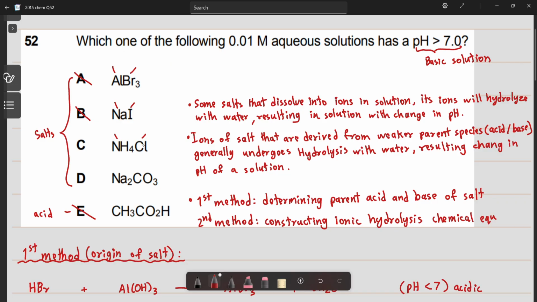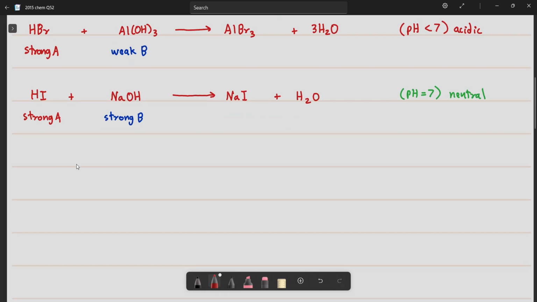But chloride here has its parent species as an acid, which is hydrogen chloride, and ammonium has its parent base, ammonia. Now I'm going to write the equation down. The parent acid and base are hydrogen chloride plus ammonia, NH3, that will